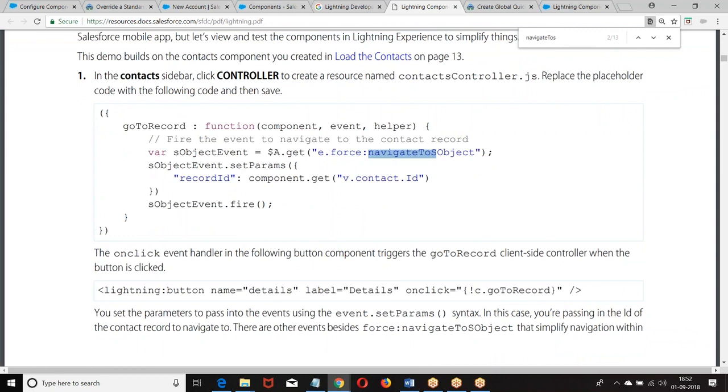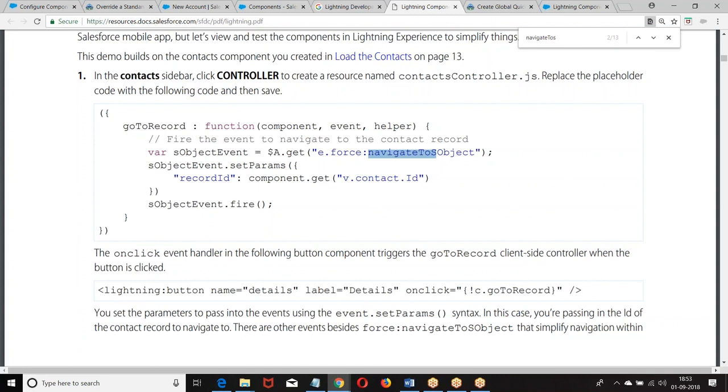So what am I doing? Record ID equal to the ID of the record. Once I send this data using LDS, the record will be saved. We get the record ID because in force:recordData we have recordId, and whatever ID we have taken, we store in the attribute. I can simply say, get me that ID. Once you know the ID, I know how to navigate to that particular record. If it is an edit page, anyhow we pass the ID in the URL, which is stored in the force:recordData, and I can use it.